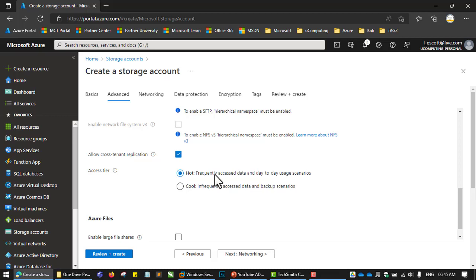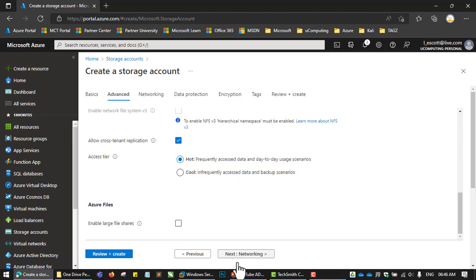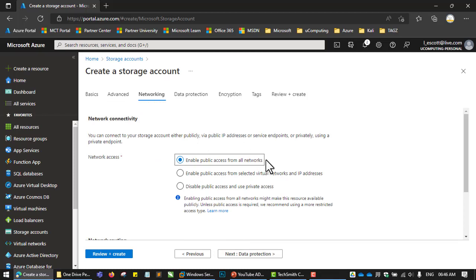Okay, and the cool tier is designed for infrequently accessed data. So if you have some file server that's keeping stuff like backups or files that are not frequently accessed by users, or that don't really change frequently, you can use the cool tier. Okay, but if you have a file server that you're about to migrate to the cloud and has files that are highly accessed by multiple users day in and day out, you have to use a hot tier. Okay, so I'm going to use a hot tier for now,